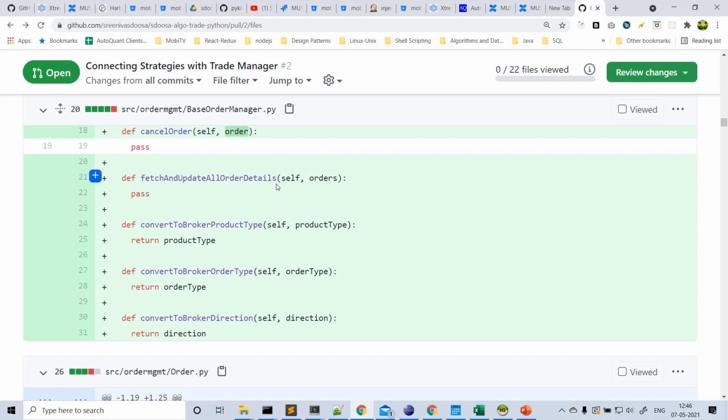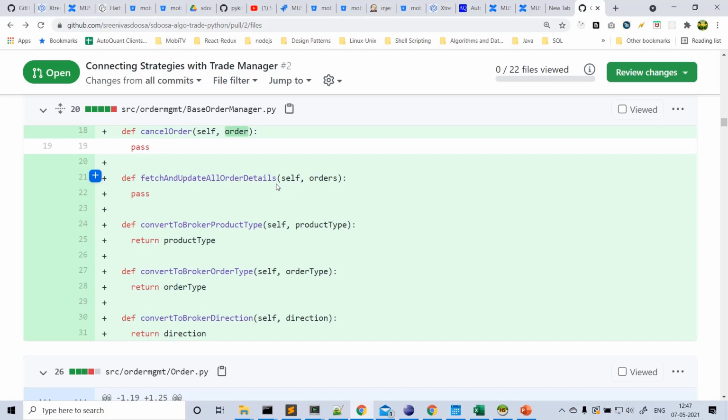One way is, whenever you require, just call the broker API and get that particular order's details. But since we have so many trades and so many orders, calling the broker API for each order to get the status every 30 seconds or 1 minute is not a good idea, right? Instead, the broker provides a way to fetch all orders at once.